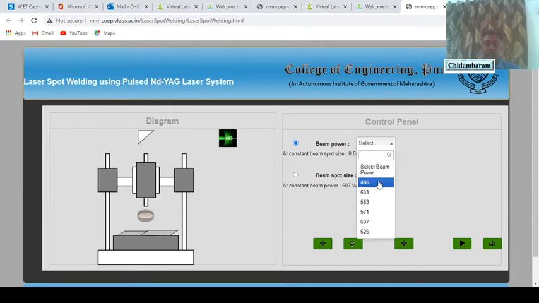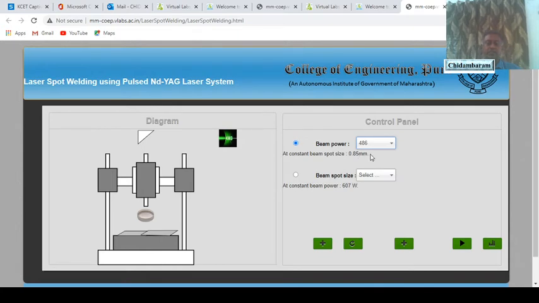I start with the lowest value, 486. All the experiments are carried out at constant beam spot size, that means the beam diameter, which is equal to 0.85 millimeters. Even if you vary the beam power, the spot size is 0.85 millimeters only.